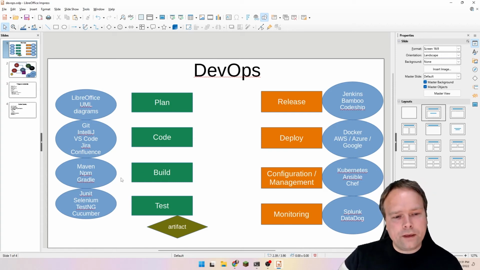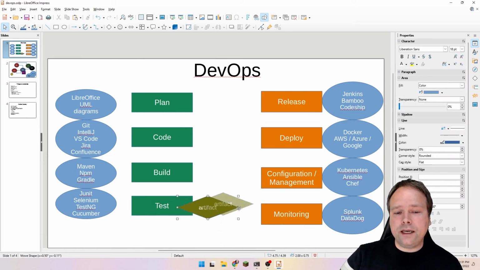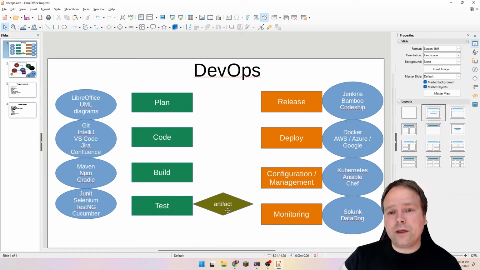Then when you want to build an artifact, you need to know about Maven. You need to know about npm. You need to know about Gradle if Gradle is used. Of course, you also need to know about Docker if you are creating a Docker image, because it is very normal nowadays that the end result is not a file like a jar file like it was in the old days. Now the end result, the artifact, is actually a Docker image